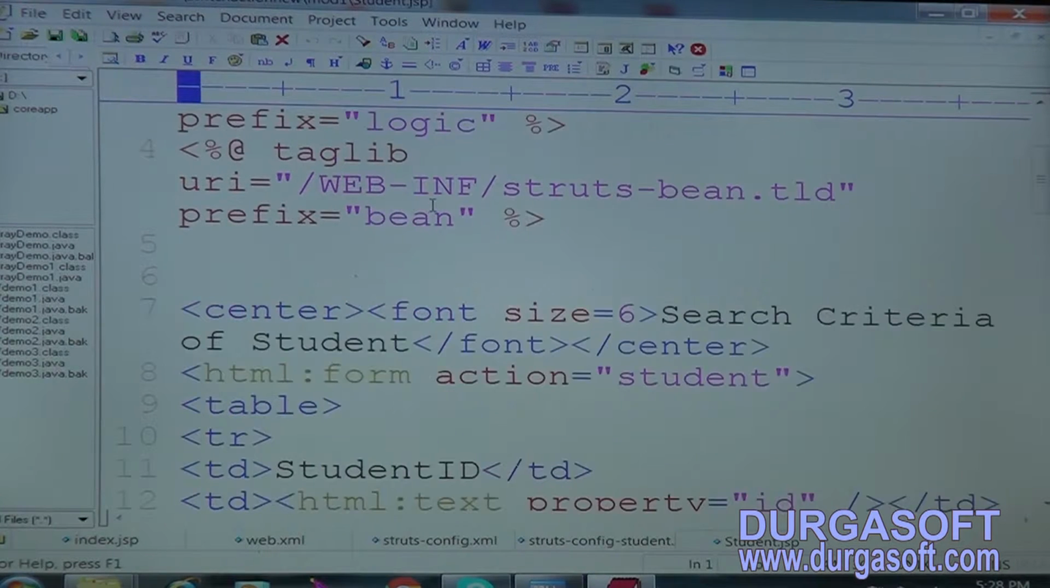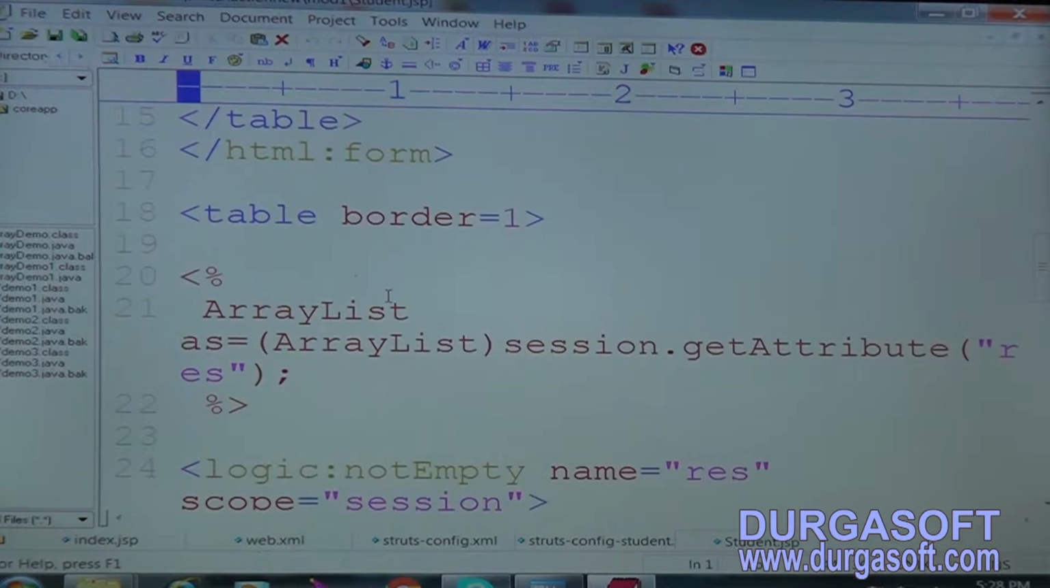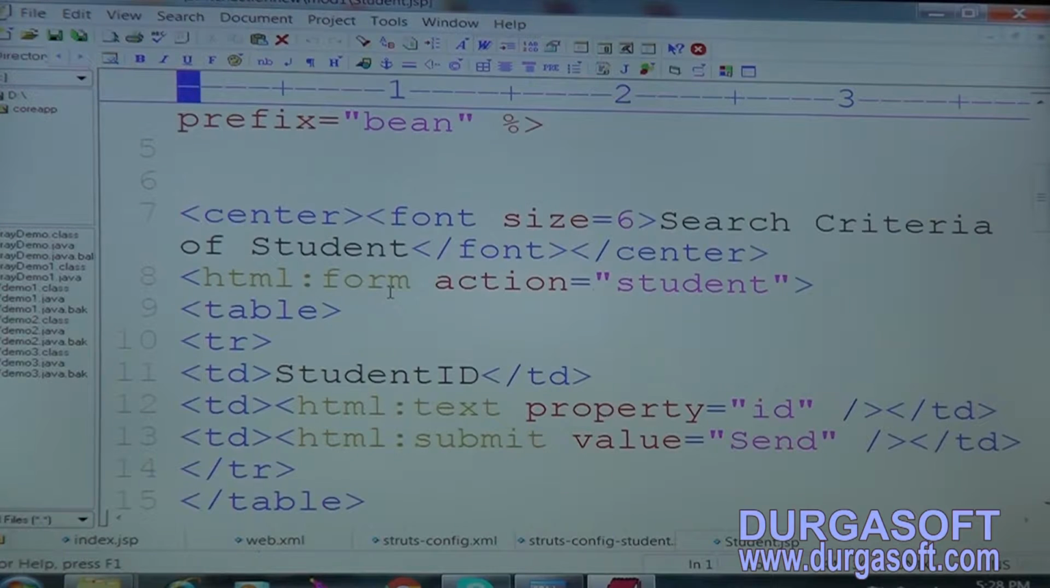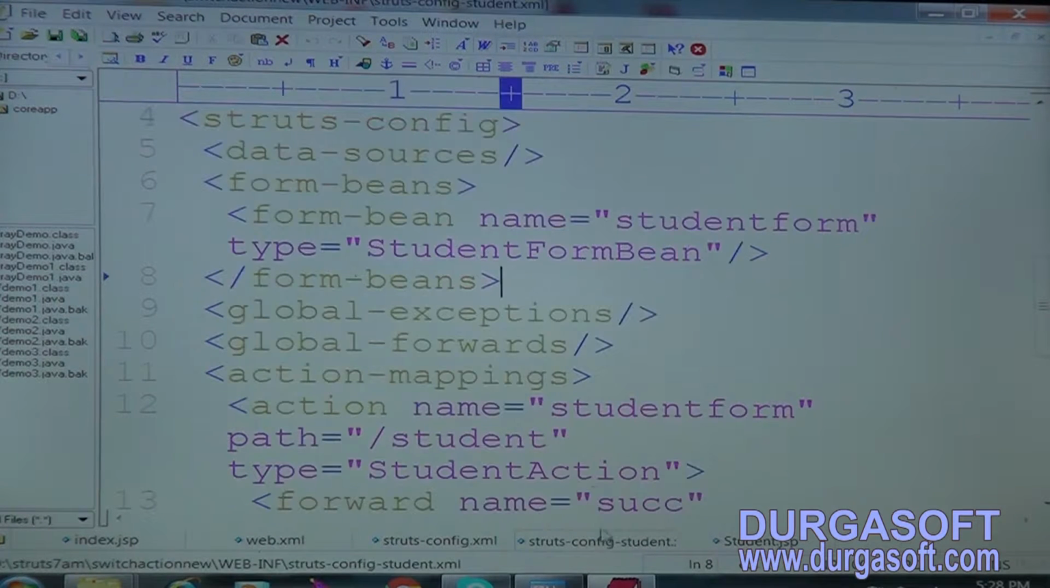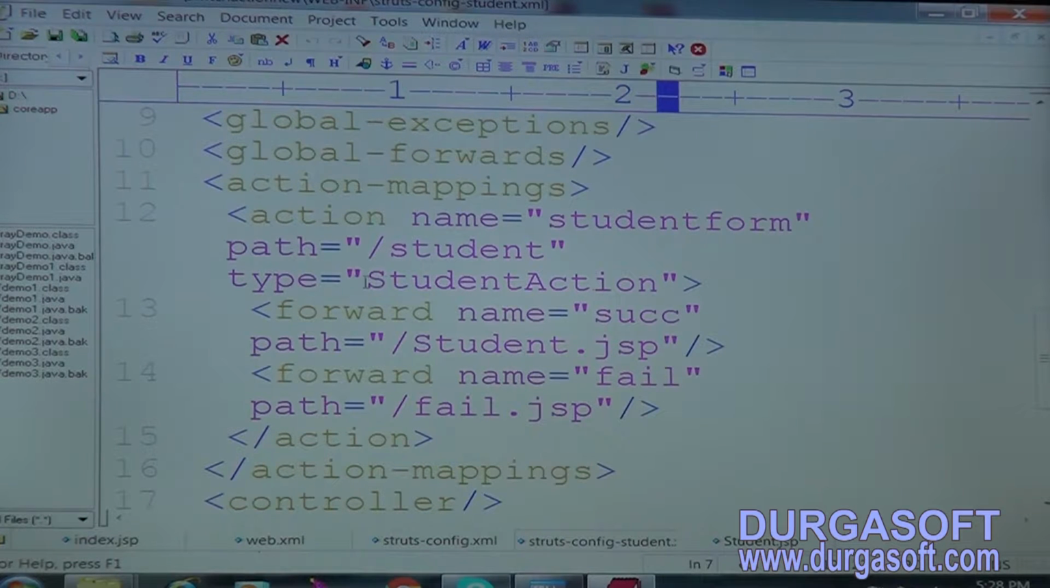It is displayed. Enter the ID and we can click the submit button. So now whenever you click on the submit button, what is happening here? Student URL pattern. It is going to look for the student. Now values are going to be stored into the student form, and finally it is going to activate